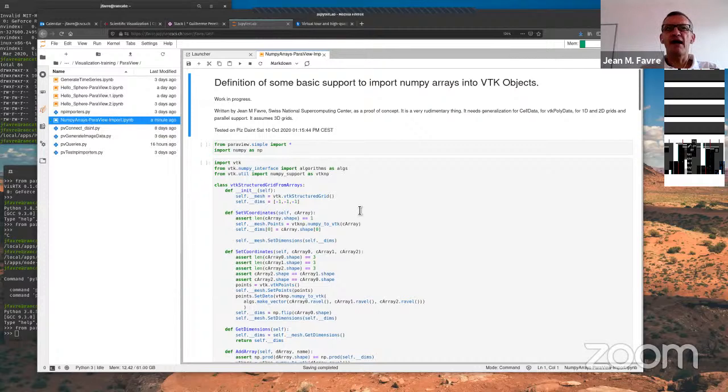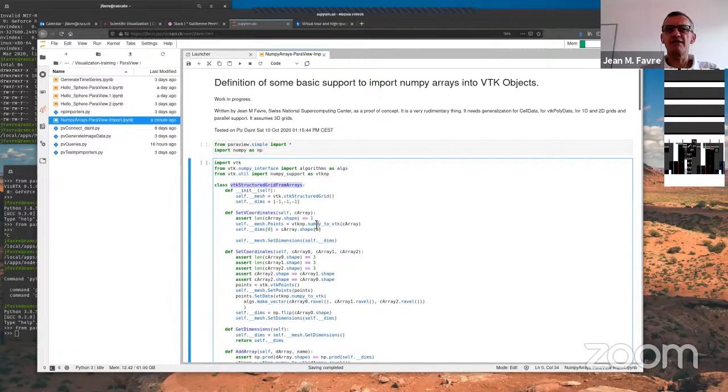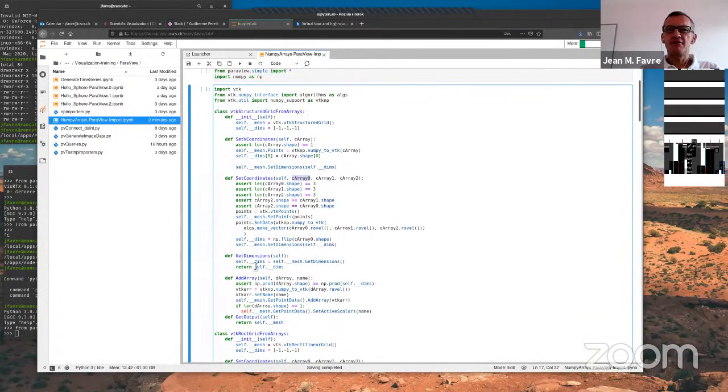differences. If I look here at this first class definition, which I have defined for structured grids, we can here define the coordinates of the structured grid given three independent 3D shaped arrays for X, Y, and Z. And then we set the dimensions over here. We set the dimension of that mesh to the size or the shape of the coordinates array, if you want. There we go. That's